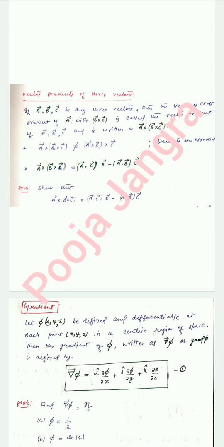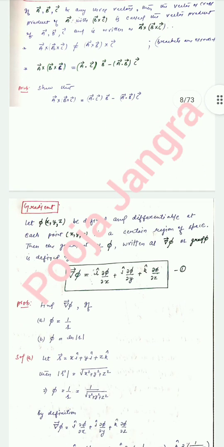The next topic is gradient. After that we will cover divergence, and later on we will discuss the curl and their significance. So in this topic we will cover gradient. So what is the gradient? Let phi(x, y, z) be defined and differentiable at each point (x, y, z) in a certain region of space. Then the gradient of phi, written as grad phi or del phi,